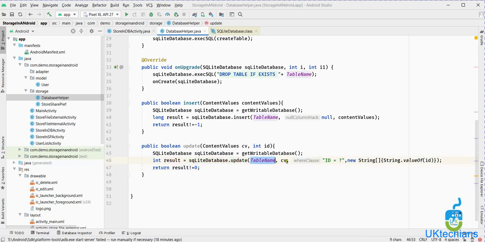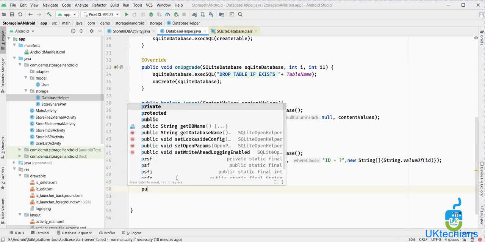Here is the table name, this is the CV, the content we have to update, and the where clause means what is the ID. Where the ID is equals to this, right? So simply, if it returns 0 it means the record is not updated, but if it returns 1 or greater than 0 it means the record is updated.